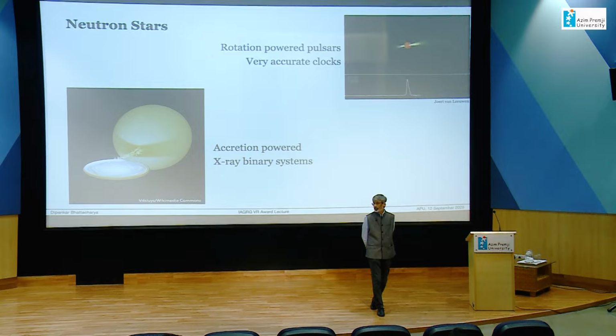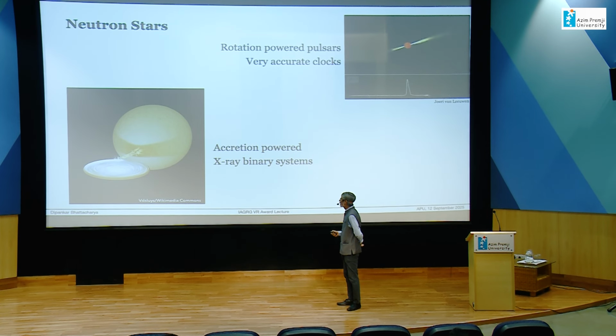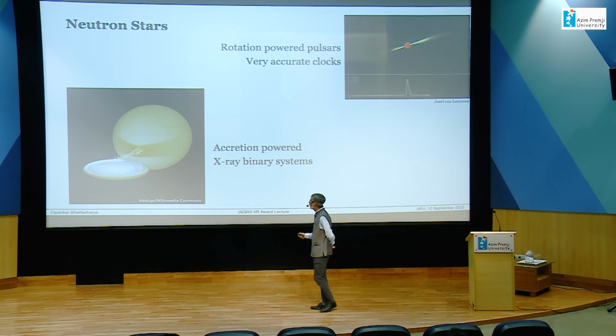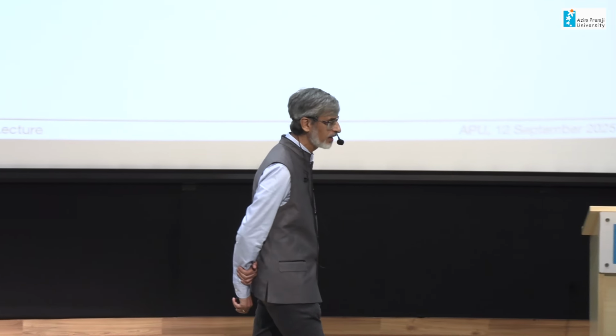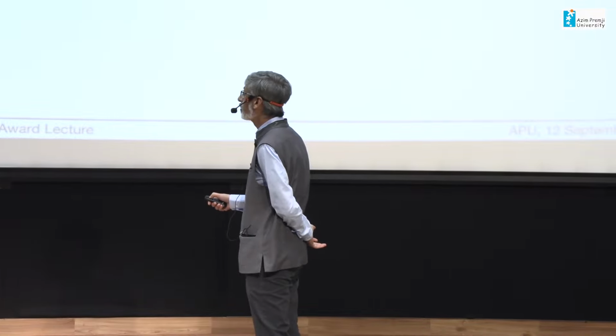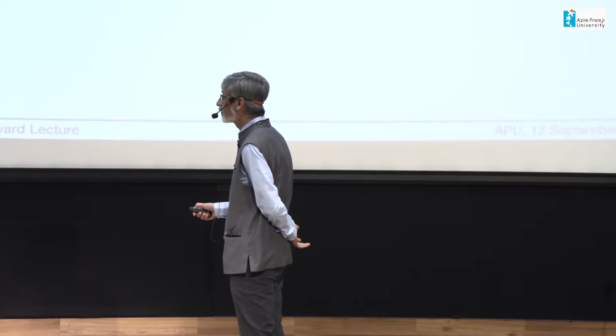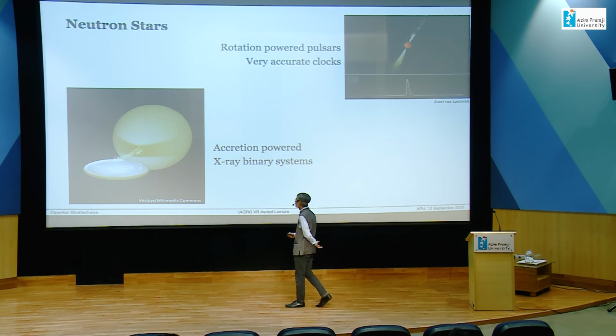And in X-rays, we can also see neutron stars in another form, where a neutron star can pull matter off another normal star which may be sitting around it. The gravity of the neutron star is strong, and if the star is close enough, matter can be pulled off its surface and fall onto the neutron star. Except it will not fall radially in a straight line, because there is an orbit, the matter carries some angular momentum, so it will go around and by friction usually gradually lose angular momentum and eventually fall onto the neutron star.